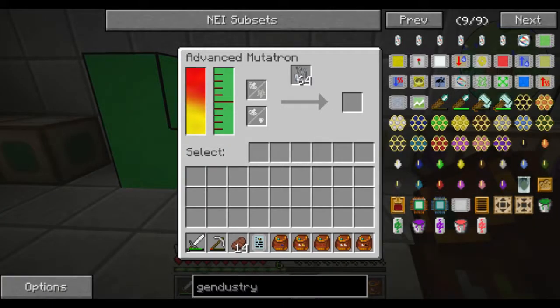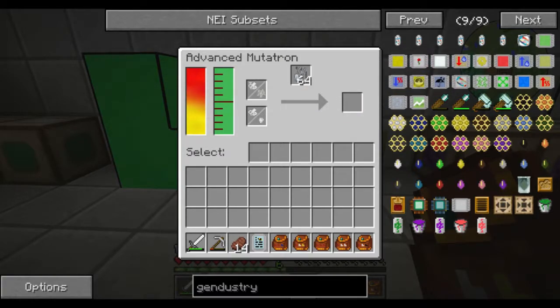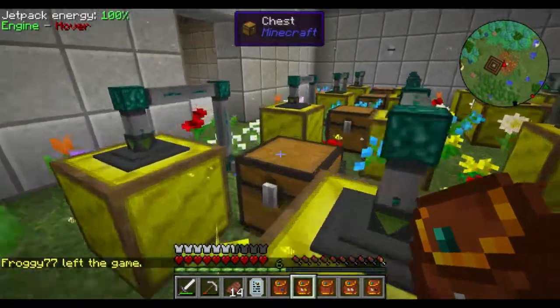And then you have your advanced mutatron. Now the advanced mutatron is really nice. It's actually an upgrade to the regular mutatron. With the regular mutatron, you put in a queen of one species and a drone of another species, and it will produce one of the possible outcomes of that. The advanced mutatron is a step up, because what it does is you put in 2 drones. Let's say, for example,